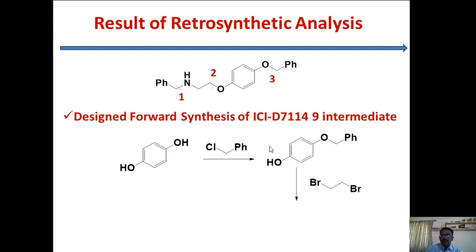Then you are doing the alkylation on the other part using the dibromoethylene. We have already seen that because of this more reactive problem only we are doing the second step. We already saw that this is more reactive than this one, so we disconnect this first. Here, this bond and this bond, we are disconnecting first here, not here, because this is the more reactive part.